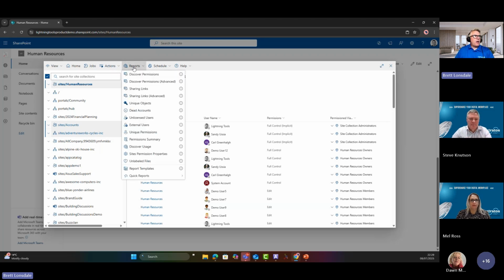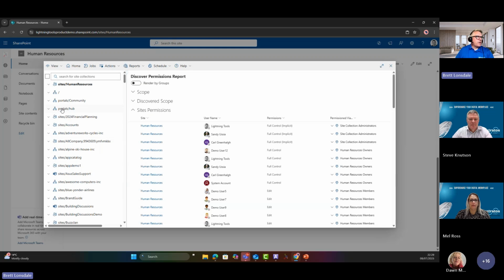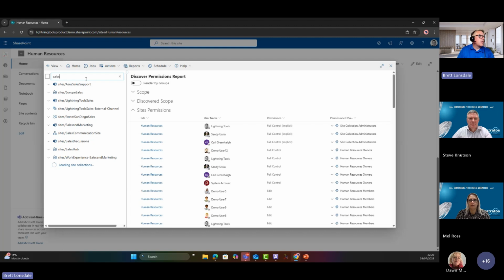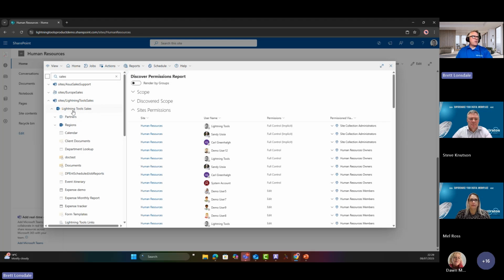You've also got sharing links on there as well. We can run that unique objects report. Also, from here, if you don't want to drill into entire site collections, you can actually search for the site collections that you want to look at. So I'm just going to let's do a search on sales here. There we go. So within Lightning Tools sales, as we expand that, we can start to drill into